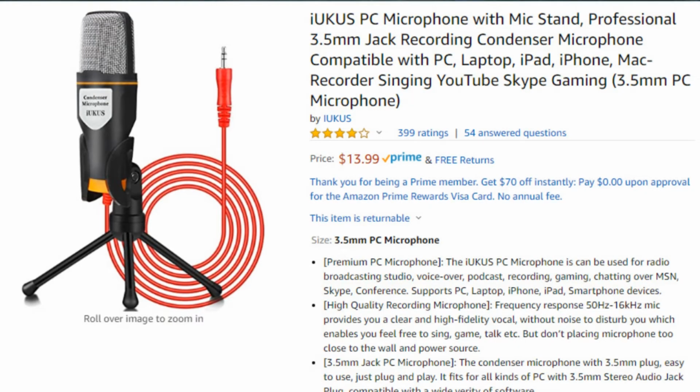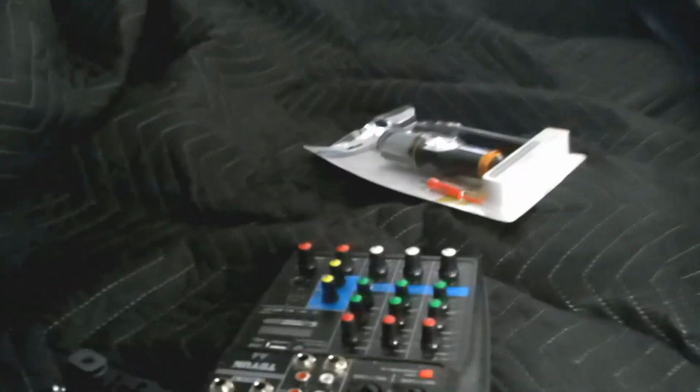The mic that I actually have attached to the Beat Seeker right now is not a regular mic. I actually have this mic hooked up to my camera right now. It is a condenser microphone made by, it doesn't even say, for chatting over QQ, MSN, Skype, and singing. Doubt that. Yeah, but a condenser microphone. That's what I have with this camera right here,